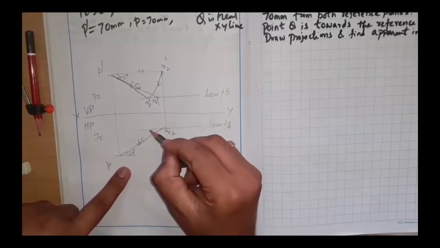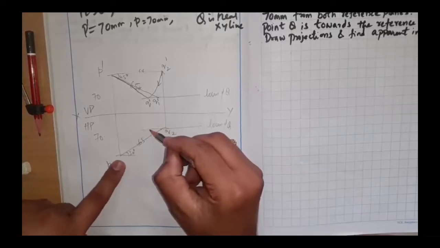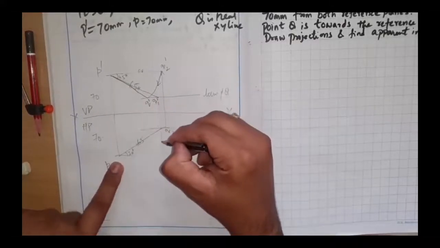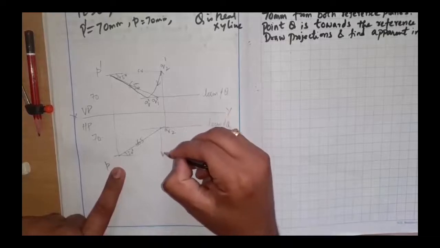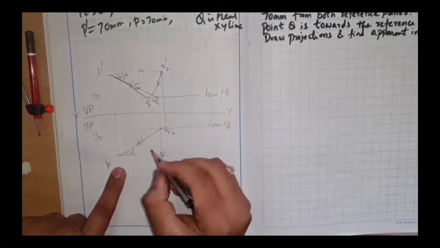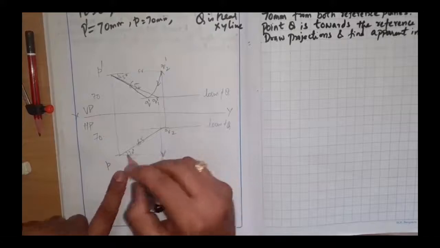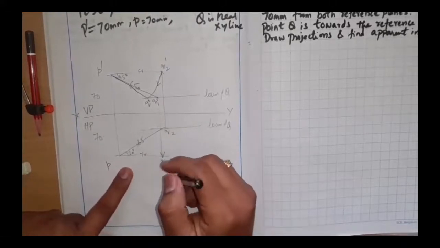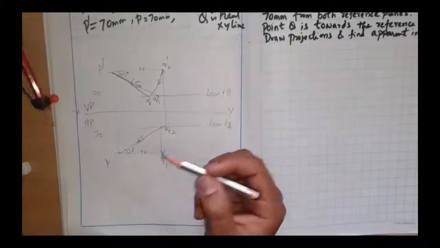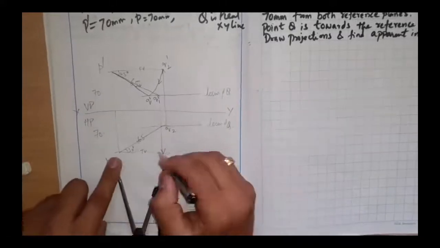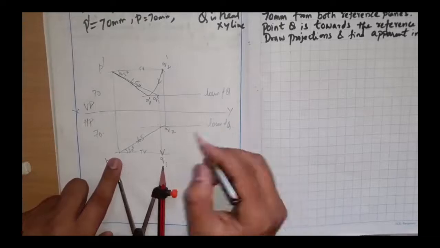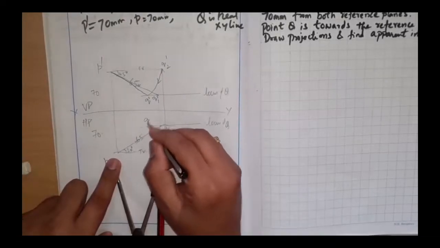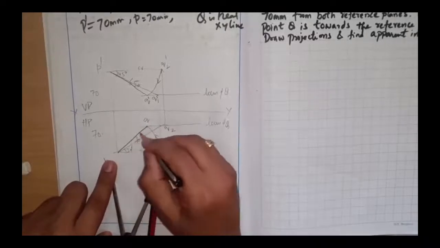Directly you can mark the top view, but that is not the correct procedure. What you are supposed to do here is P dash Q1 dash. I'll drop a projector till the point of rotation P, till here. This is Q1, and PQ1 is the top view. Take the compass, measure PQ1, draw an arc till the locus of Q. Till the locus of Q, you will get Q, PQ. That is the top view.